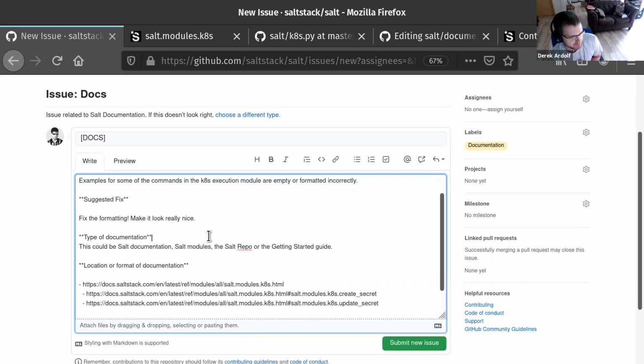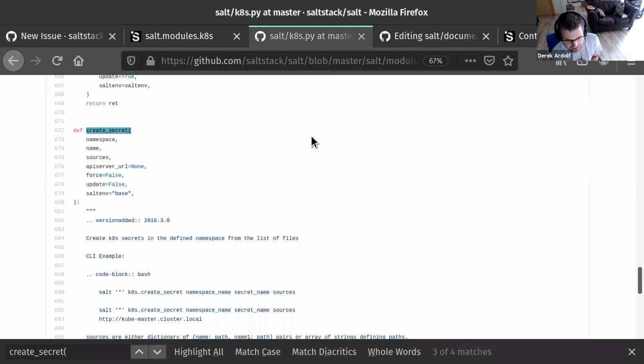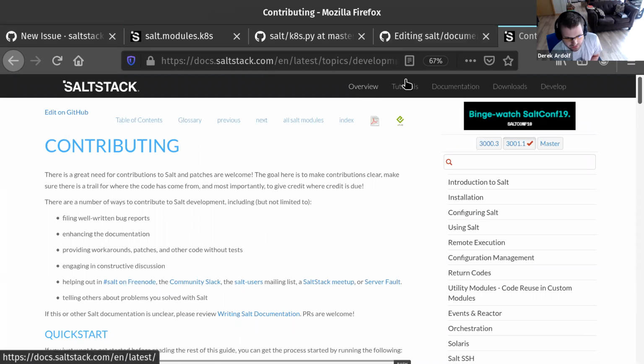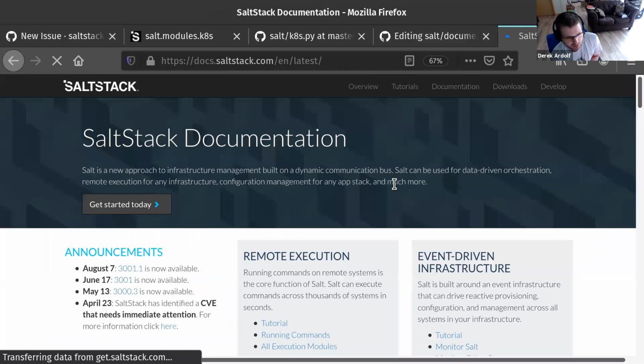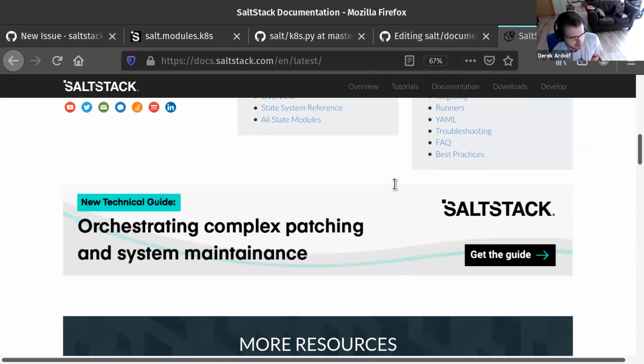So, types of documentation. We do have several different types of documentation. I just showed that we're in a Python file here, and we're in just a SALT doc that's not dependent on a Python code file. But also when we're looking at the page, there are different tabs that might sit outside the world of these docs, because if you go to our main overview page, for example, we have things like our